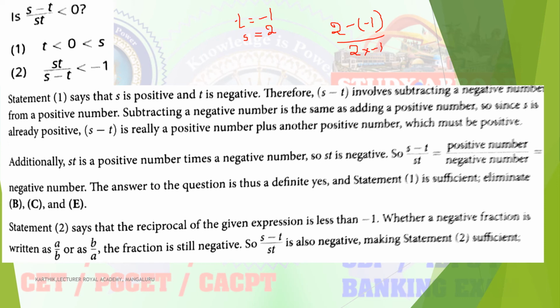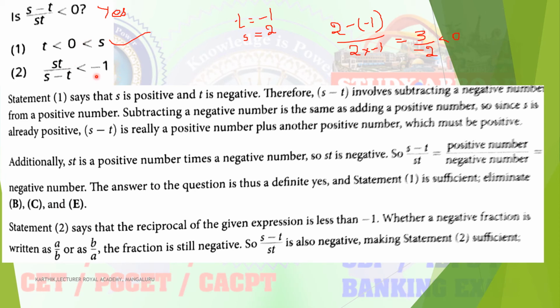How much are you getting? Above you will get the positive integer 3 divided by a negative integer. A negative integer is always less than 0 only. So from the first statement you can easily tell the answer is yes only. Why? Because a positive number divided by a negative number is always a negative number only, less than 0 only. So it should be less than 0 only.